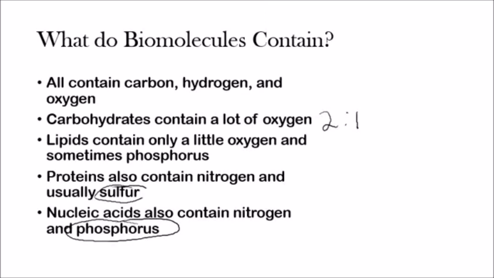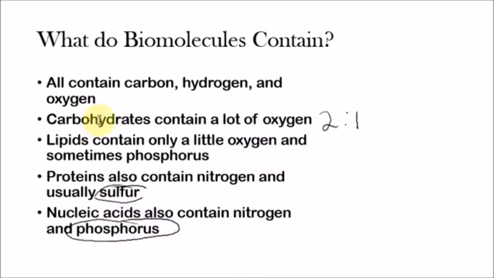Now, nucleic acids are the only biomolecules of these four groups that have a significant amount of phosphorus, and more importantly, that always have phosphorus. Like I said, lipids do sometimes have phosphorus, but it's just a little bit, and it's only very specific types of lipids. So these two elements, this sulfur and this phosphorus, can be instantly used to identify and distinguish proteins